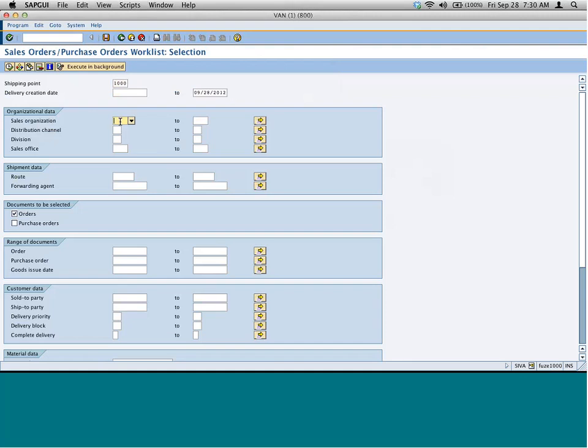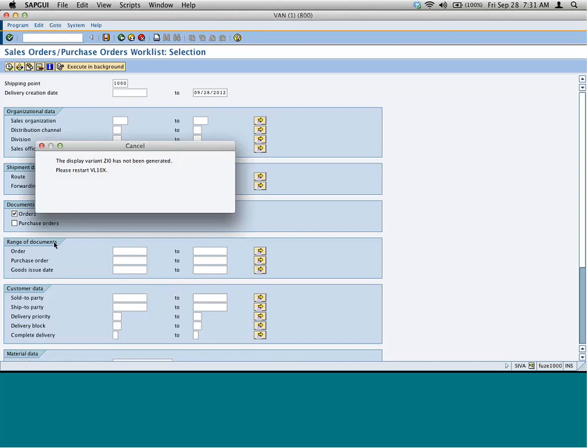And like I said, you can restrict it by country, like sales org, distribution channel, division. You can restrict it by route, you can restrict it by order number if you like, you can restrict it by sold to party. There are many restrictions that you can place on it. And then you hit execute, and all the orders that are due up until this point will be created for you, will be delivered for you. Meaning, if you execute it like this, it will list all the different orders, and then you can just say, deliveries will be created automatically.